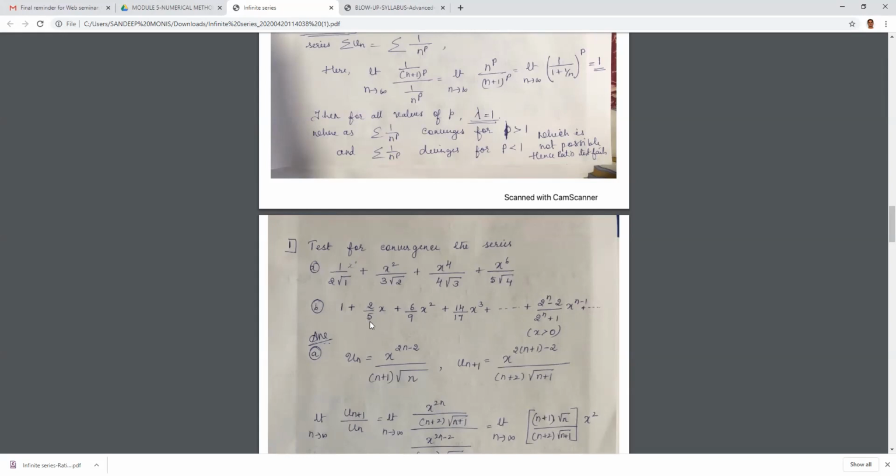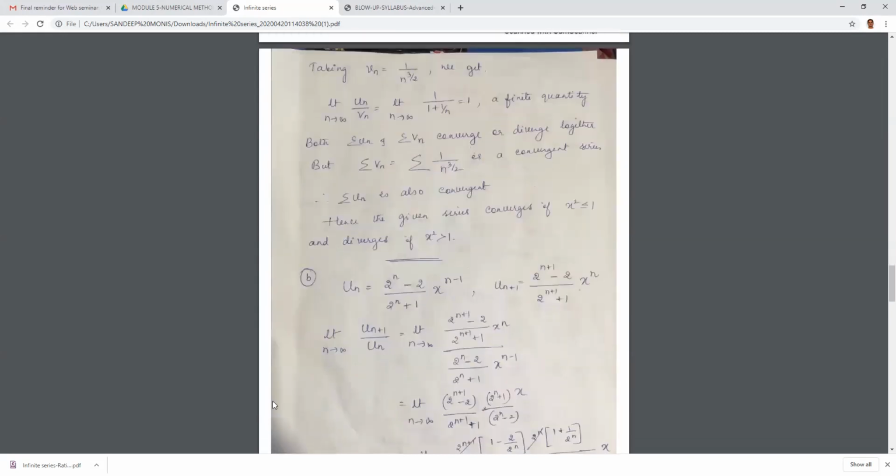Can you see here? 2 squared plus 1, that is 5. Here, if I make it 2 to the power n minus 2, then x to the power n minus 1. If it is 2, here it is power 1. Here if it is 6, here it is 2. So based on the terms of the series, you need to write down the nth term. Here they have given it, so no issues.